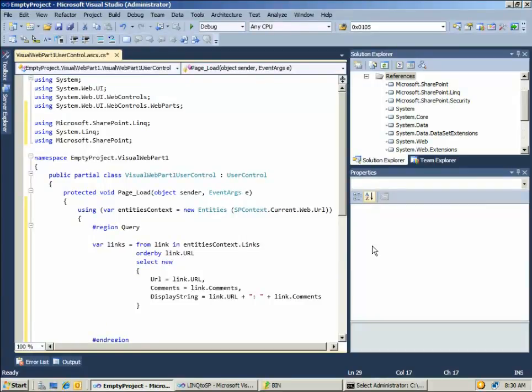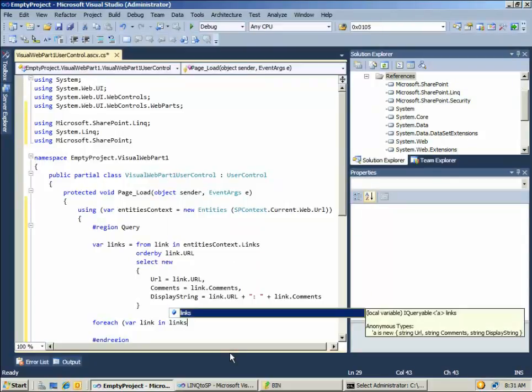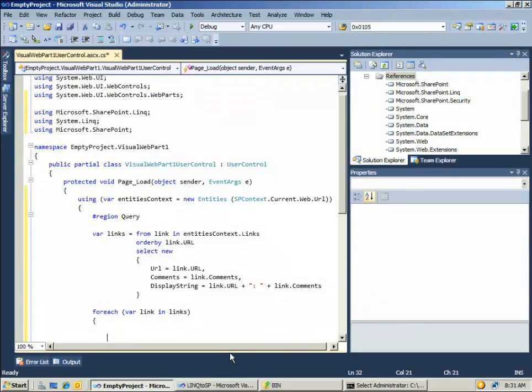So that's not enough to actually run this thing. The link queries aren't called until you actually use them. So at the moment, my links variable is null. To get some data in there, let's start using it. And to do that, we're going to enumerate. This query is going to return for us an object of type enumerable, so that means I can use it in a for each loop. And all I'm going to do is